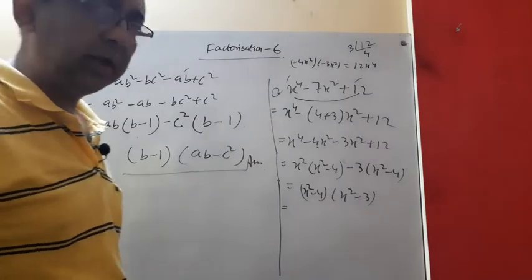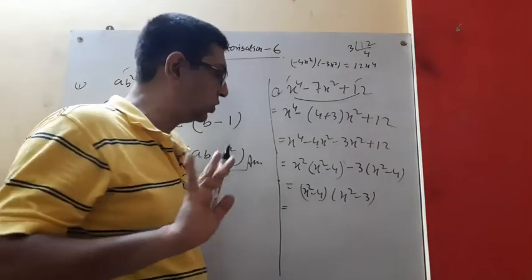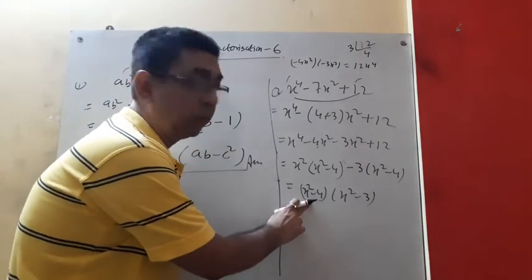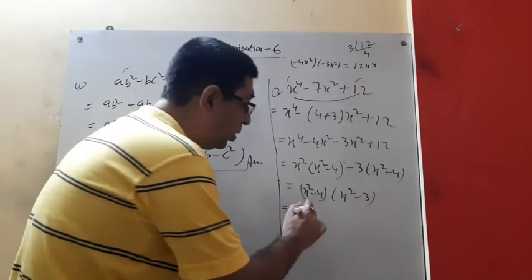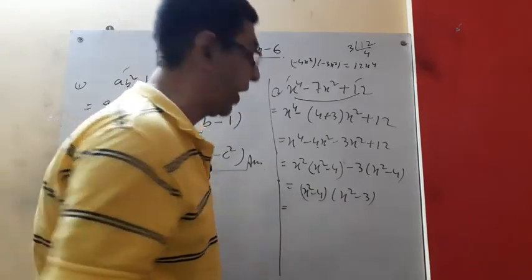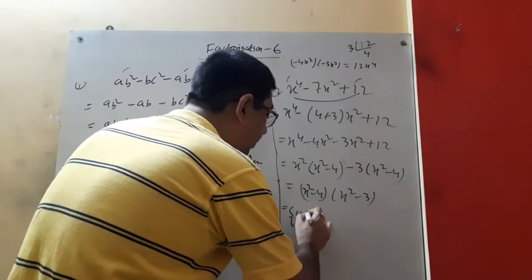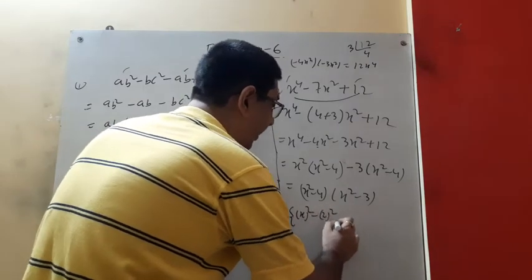So it is matching. Is it okay? No sir, this is not. Look, this is also in the term. We can split up this term. How? Difference of two squares. This is difference of two squares, right?